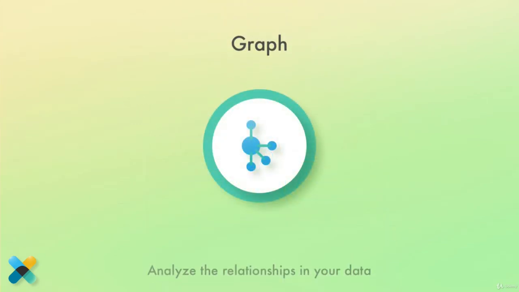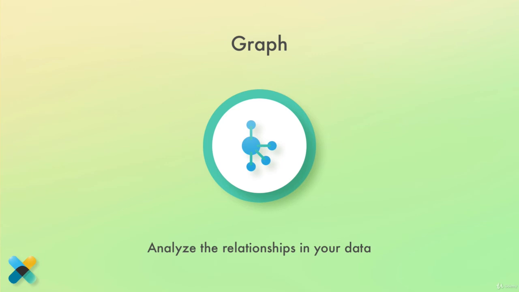Graph is all about the relationships in your data. An example could be that when someone is viewing a product on an e-commerce website, we want to show related products on that page as well. Or perhaps suggest the next song in a music playing app such as Spotify, based on what the listener likes. For example, if you like the Beatles, there is a good chance that you also like Pink Floyd.